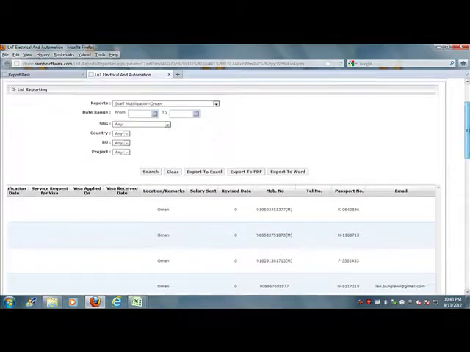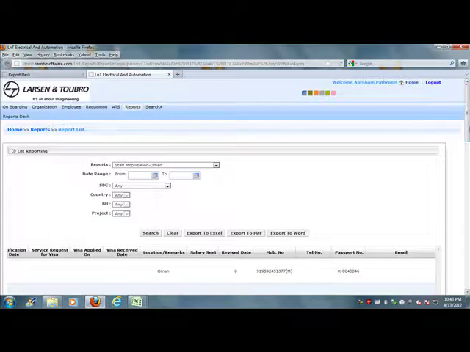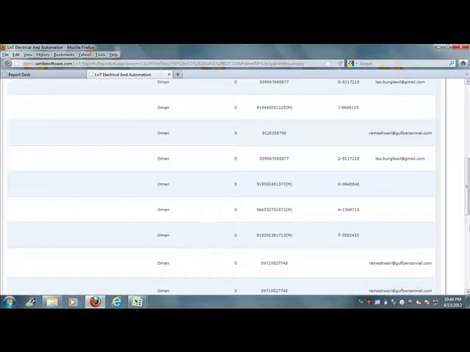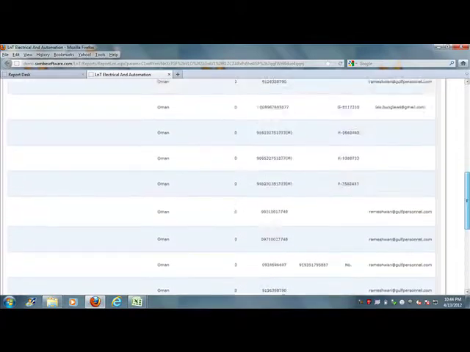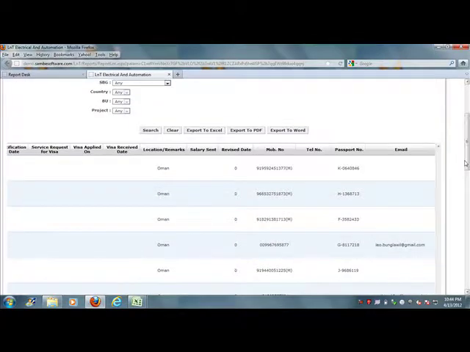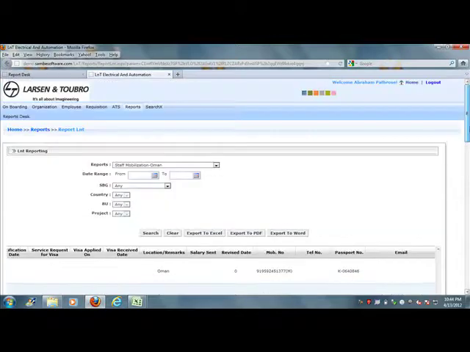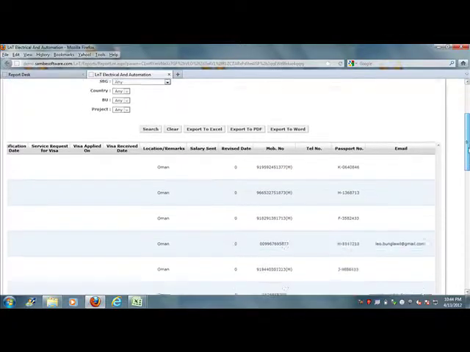This is nothing but the information of the candidate who is coming under the requisition, and he has been lined up, shortlisted and selected, and his offer letter has been generated. Till the onboarding process, till the date of joining, information will be shown. So in this way you can see the staff mobilization report of a particular candidate.